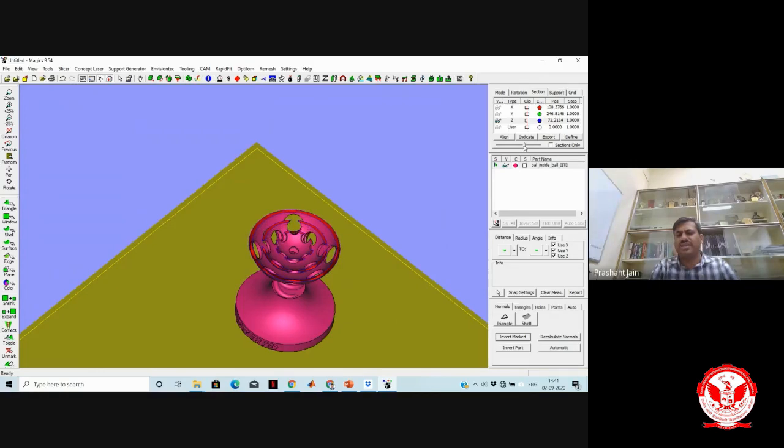Look at this, at this stage three spheres are built. The first and second sphere are complete, and now it is the third sphere.